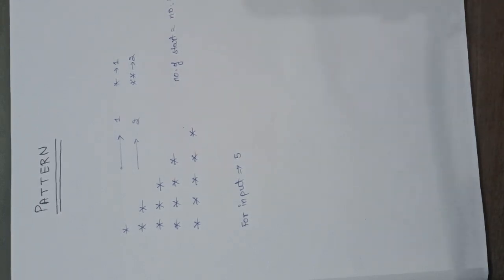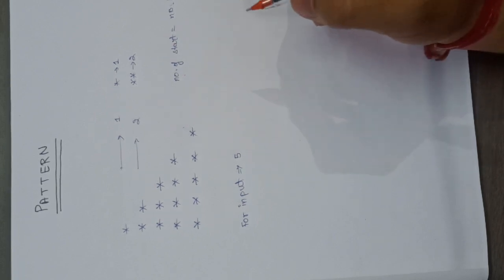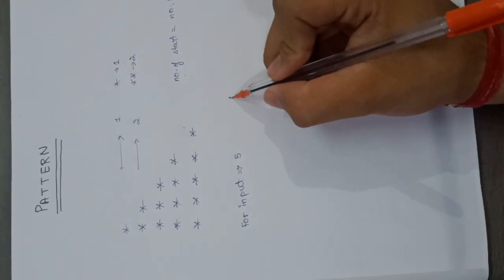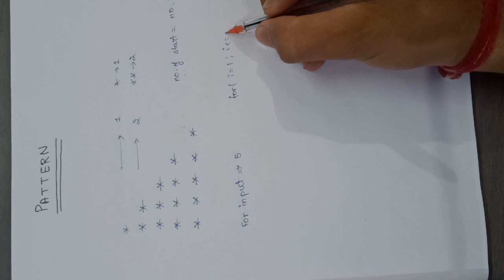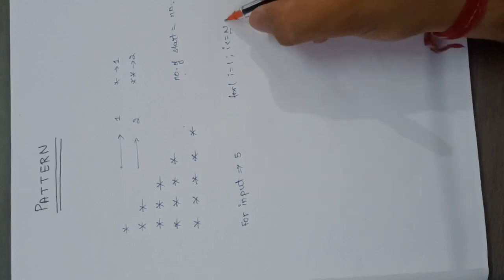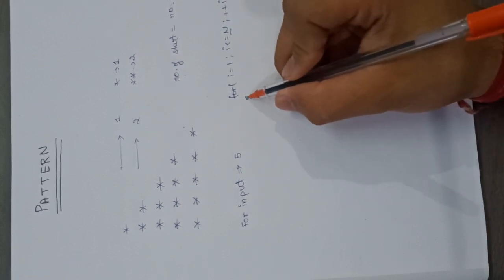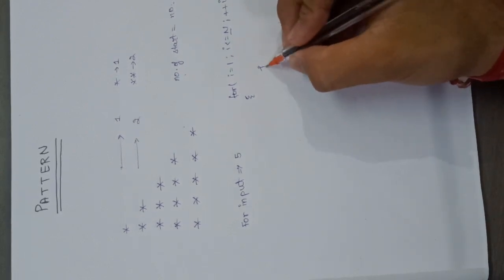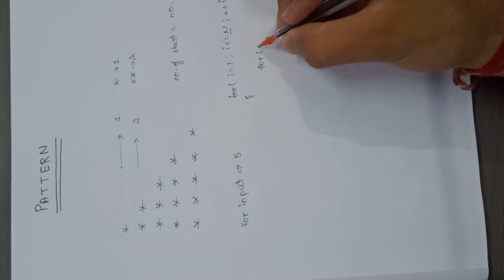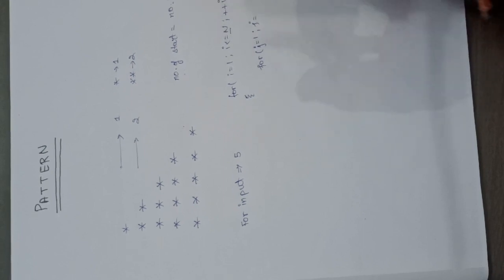So we need to implement two nested loops, the first for the number of lines and the second for the number of stars. We start a for loop, i from 1, i equals to n, where n in this case is 5, and we increment i. For each value of i we need a j, that is the number of stars. j will start from 1, and j will go up to the line number, that is i,